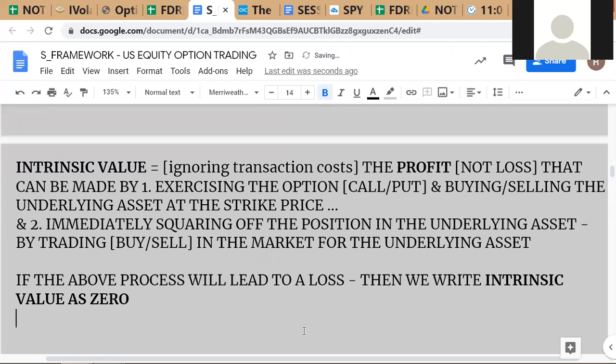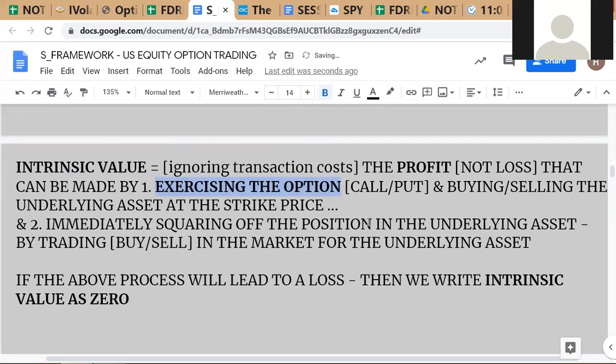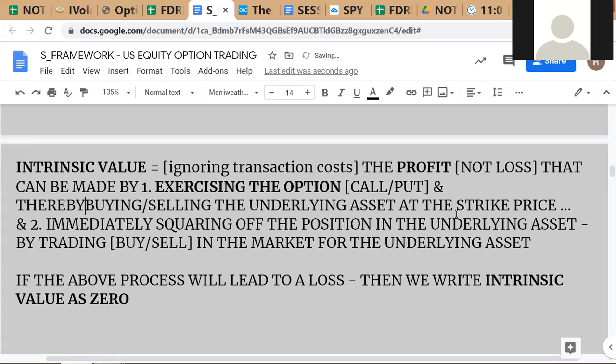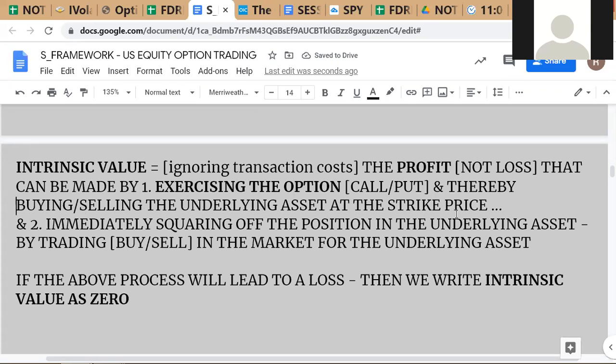Okay, so I'm asking you to ask yourself this question: what profit can I make by exercising the option and buying or selling the underlying asset at the strike price, exercising the option there, call or put? Let me make it very clear. This is thereby, okay? Thereby,